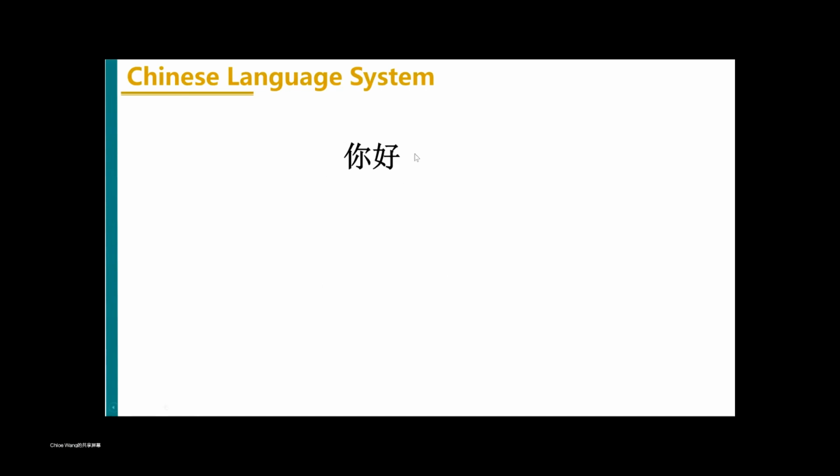Now, if you see this, I believe some of you might know it is Chinese, but you definitely don't know how it sounds like or the meaning of it, right? But if I show you this, now you might roughly know how it sounds like. It sounds like 你好, 你好. Yes. So these two are the two systems in Chinese language. The first one is our character system, and the second one is our sound system. And we'll learn it one by one.